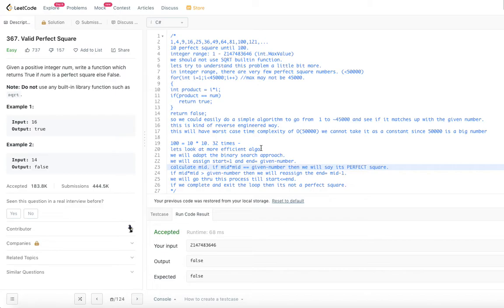If finally we get out of the loop, then we would say the given number is not a perfect square. We will say the given number is a perfect square only when mid into mid is equal to the given number. This is the only case. Otherwise, if it enters the loop and comes out of the loop, then it is not a perfect square.